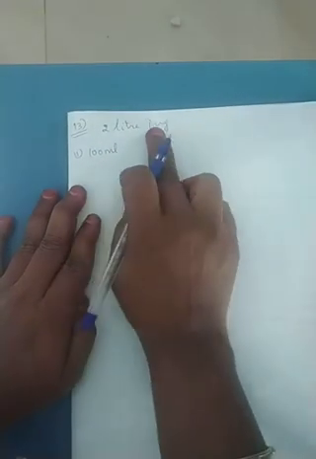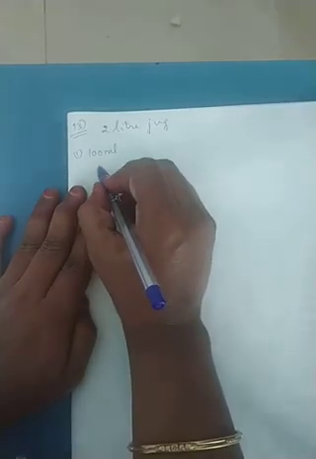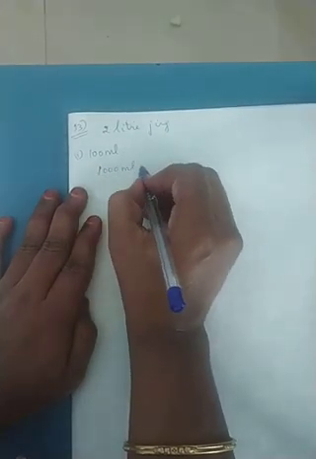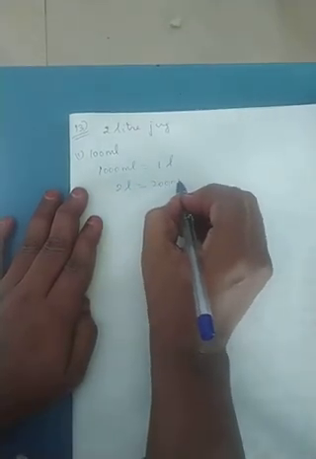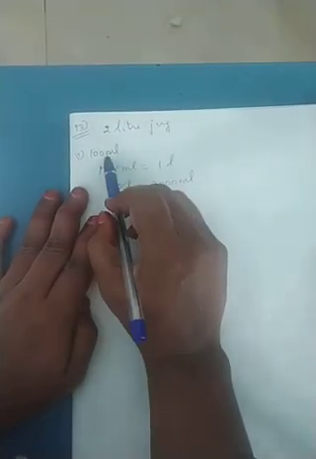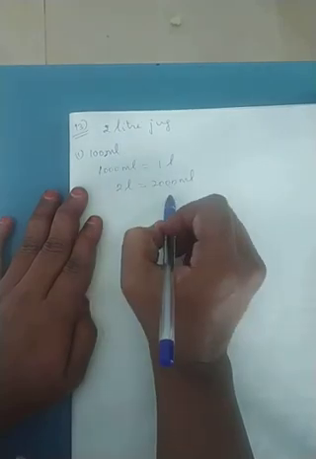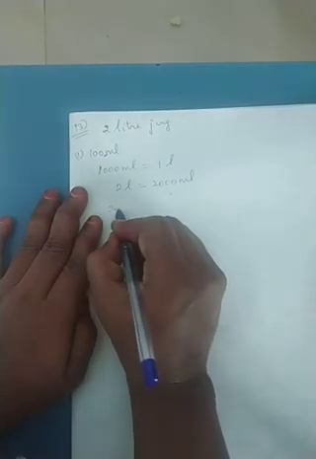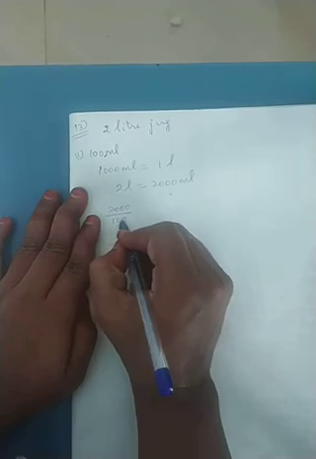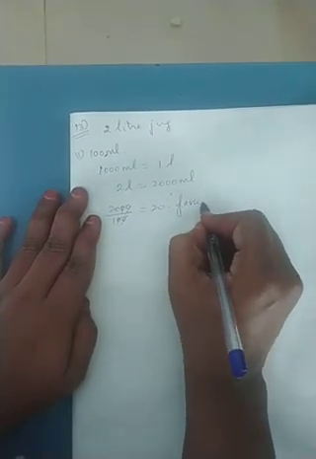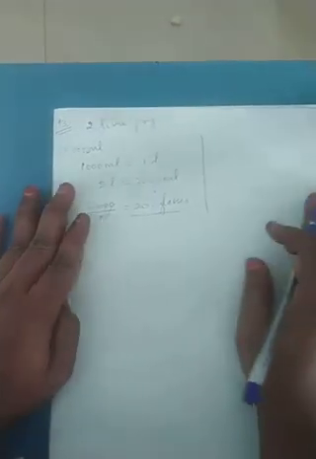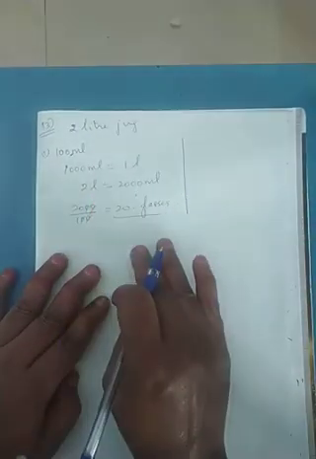2 liter to 100 ml. So 1000 ml is equal to 1 liter. So 2 liter means it will become 2000 ml. Now I have to divide by 100 ml glass. Then only I can say how many glasses. So 2000 divided by 100 means I can say 20 glasses. So first one, I will be requiring 20 glasses of 100 ml each to fill that amount.